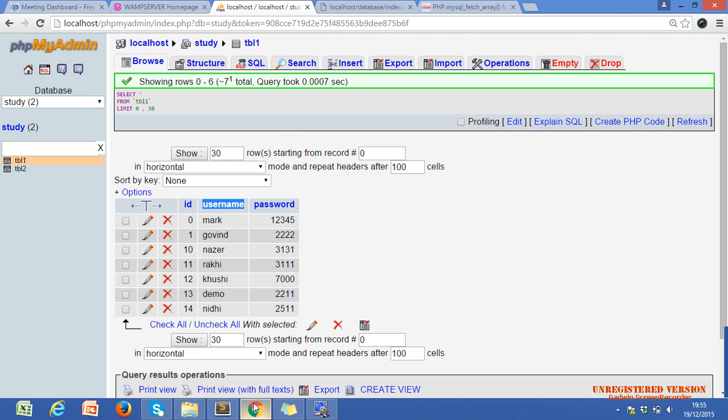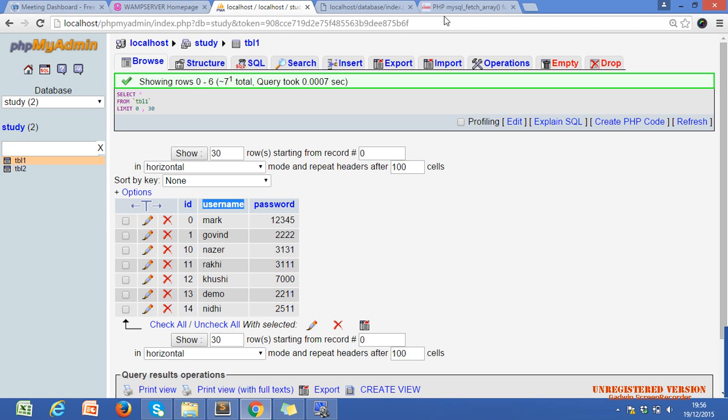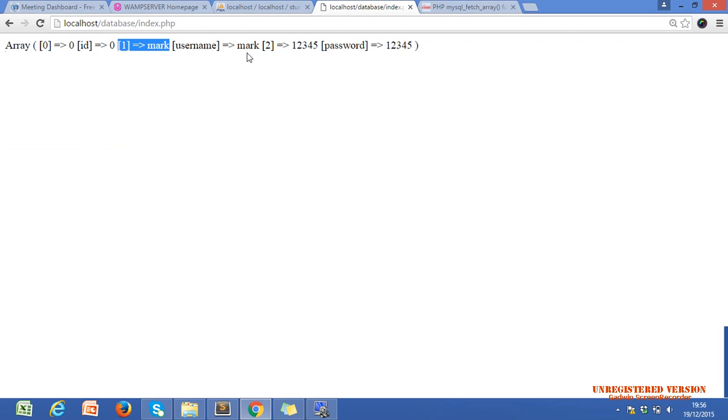Why is it ID? The first position mark, and the second position 1 2 3 4 5. Okay.